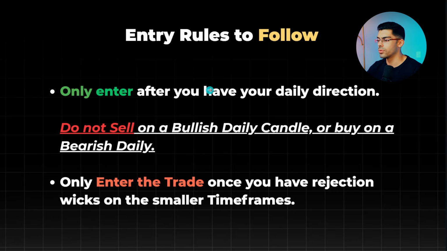And lastly, another rule to follow with this strategy is to only enter in the trade once you have rejection wicks on the smaller time frames. This is what I was speaking about earlier. On the 1 hour time frame, you're looking for an entry confirmation with a wick. The wicks will show you where the market is rejecting, and that is what we're going to be using to